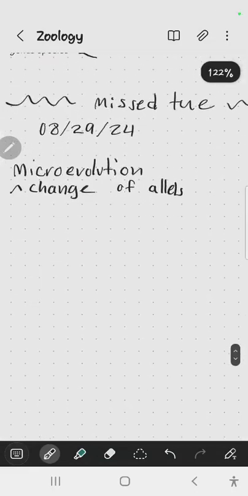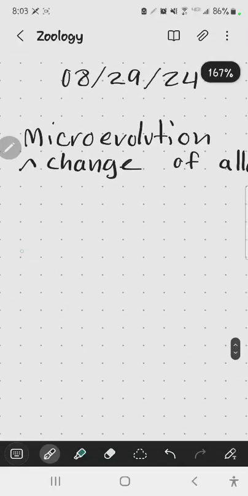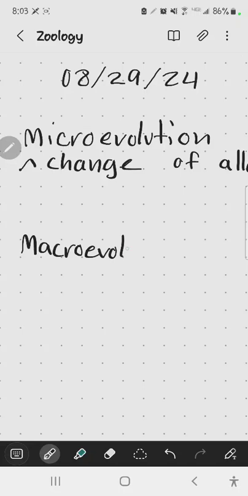Which is change of species. So this is where you have one species diverge into a different species, or two species, or what have you, splitting. We'll talk about that next week. That'll be jumped into next week. Okay, so far we have covered